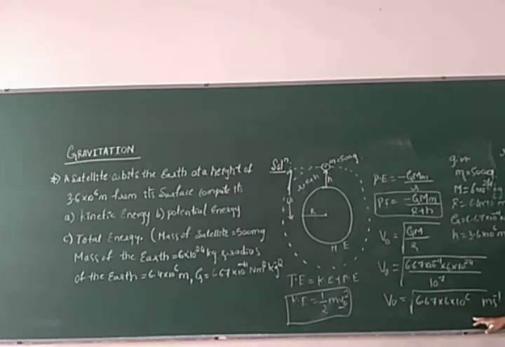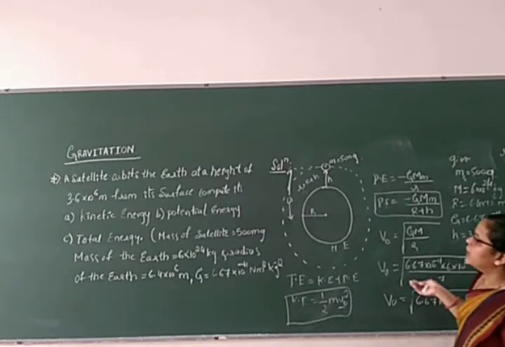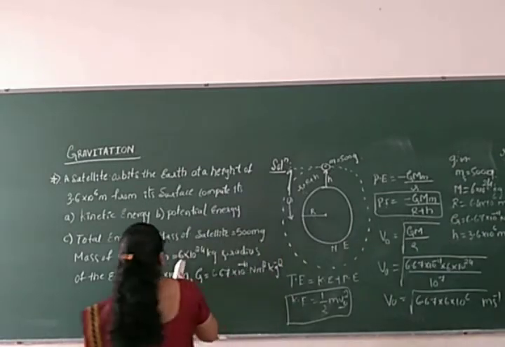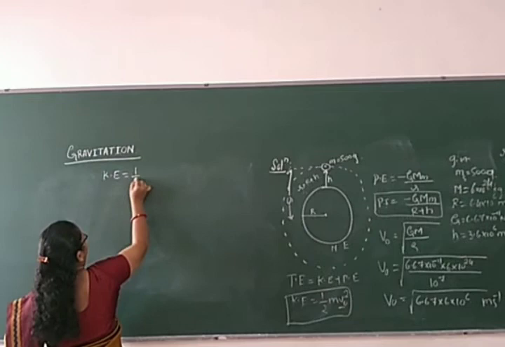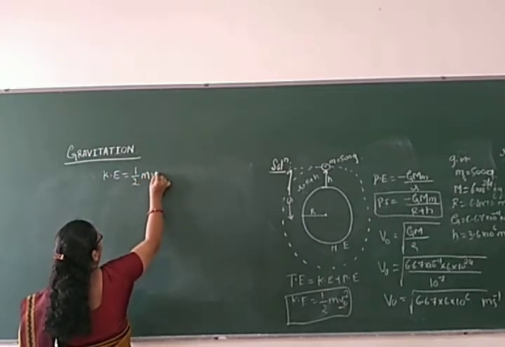So if you want, you can just simplify this value also. Otherwise, you can keep it like this and go for the next step of the solution here. That is also left to the student's choice. Okay. If it is simplification, it goes with a lengthy process. If you take this value only, you will get the solution in a shorter time here. Now kinetic energy, we got half m v naught square here.